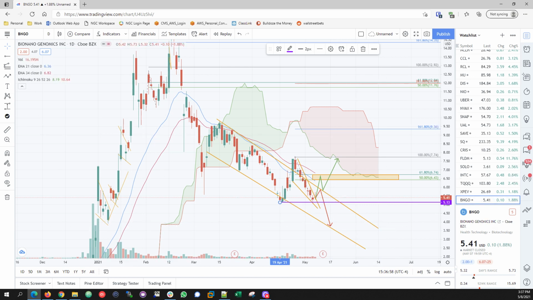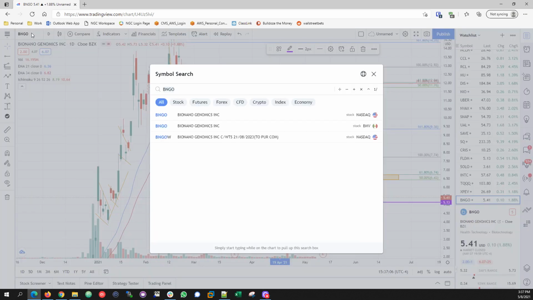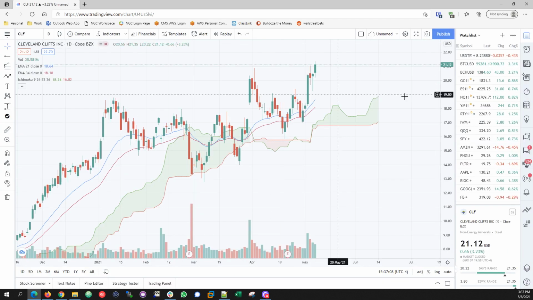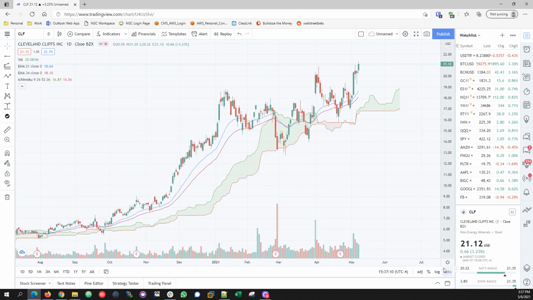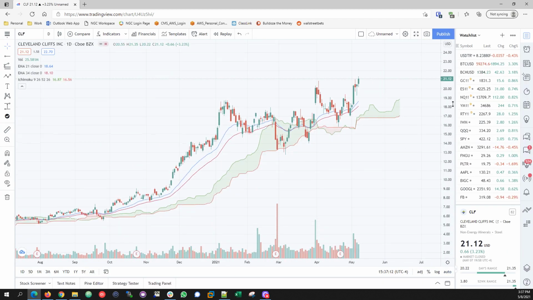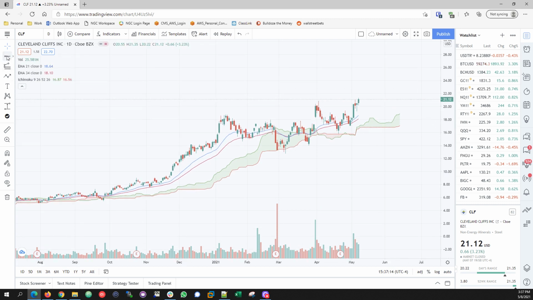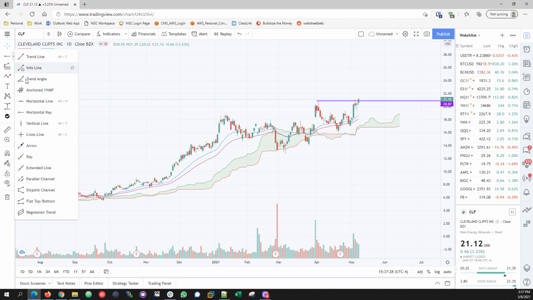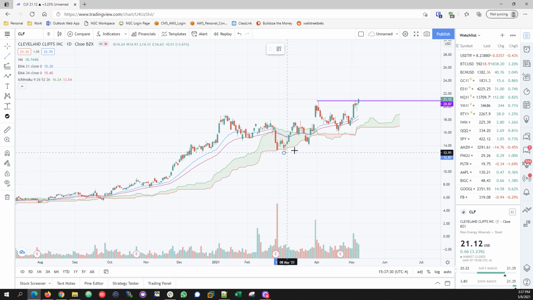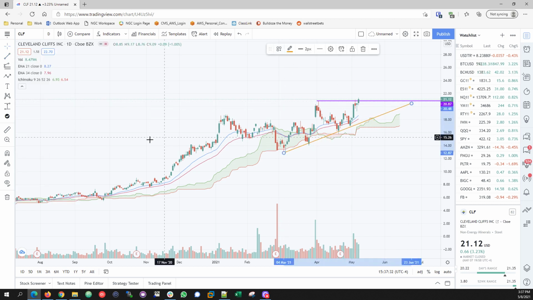Next up is CLF. Let's take a look at CLF. CLF here looks bullish. And it looks like it did break above. You can count this as well. Actually, let's do that. If it maintains above next week, that would be cool. I think this is definitely a bullish pattern. We'll give you the price target in a second. So there you go.